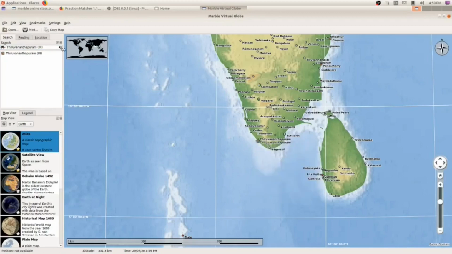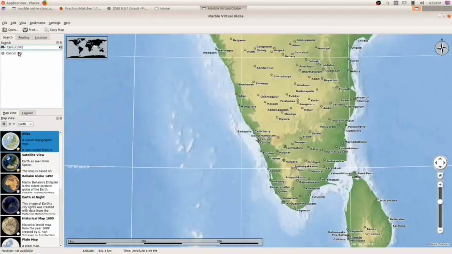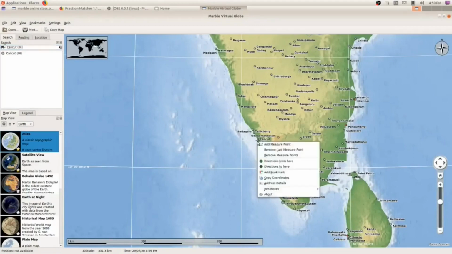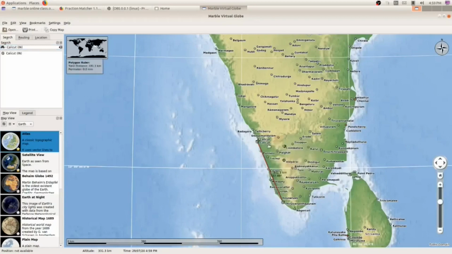Now go back to the search box and type the second place, Calicut. Click on Calicut and press the enter key. Again in Calicut you can see the cross mark. Right click on Calicut and click on add measure point.